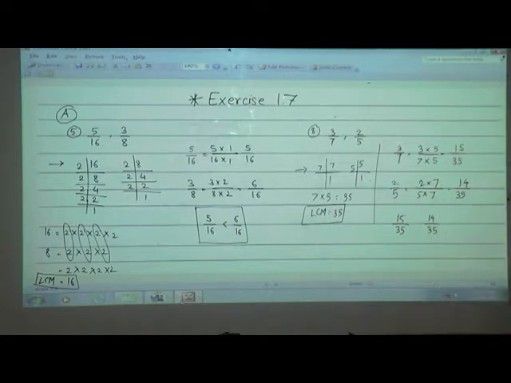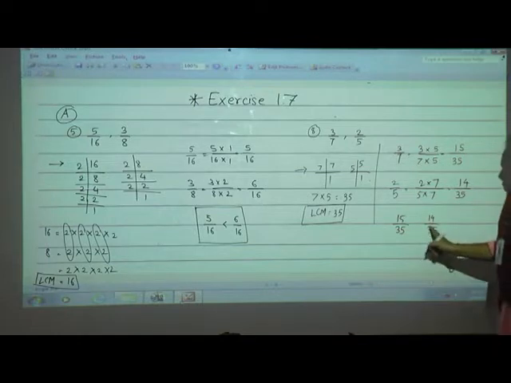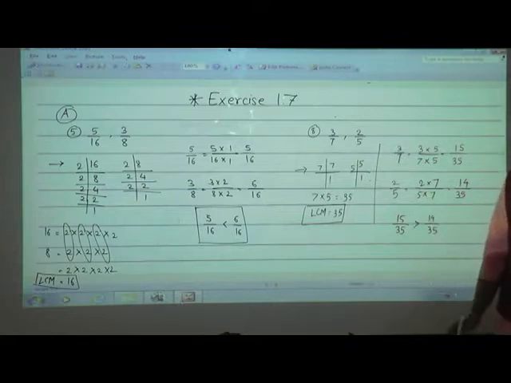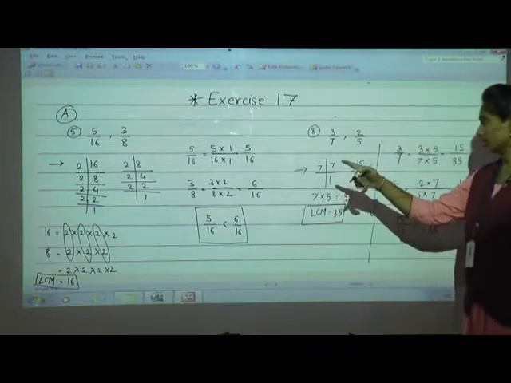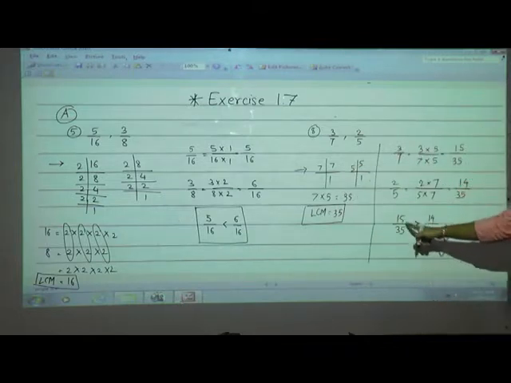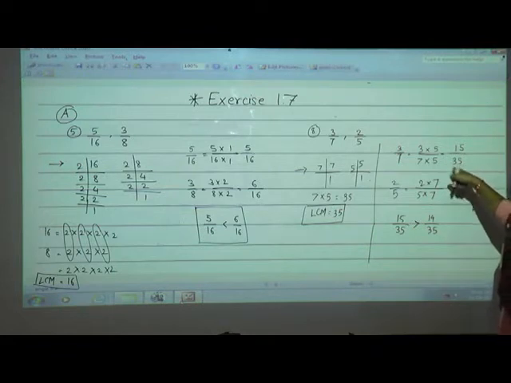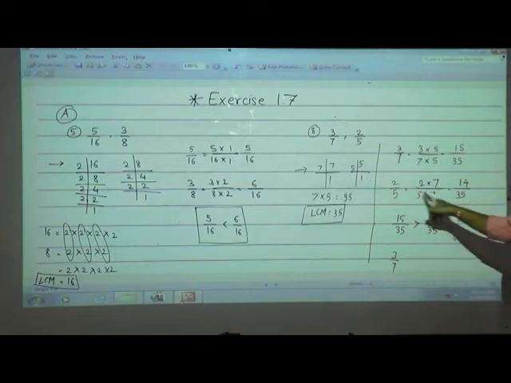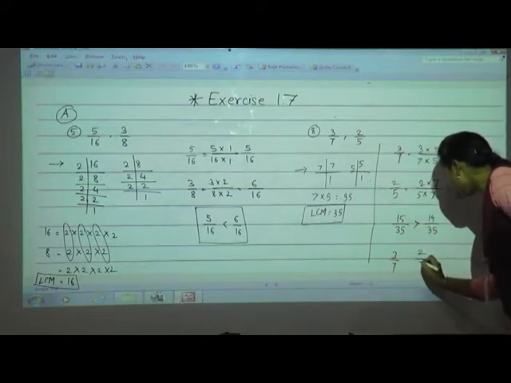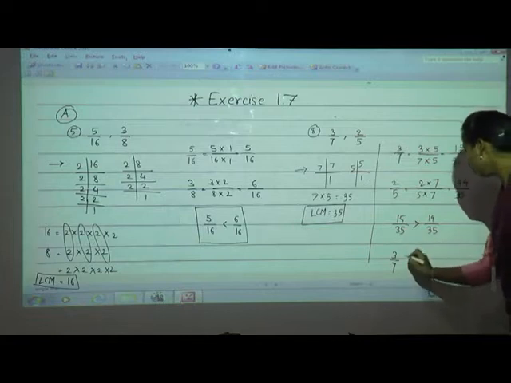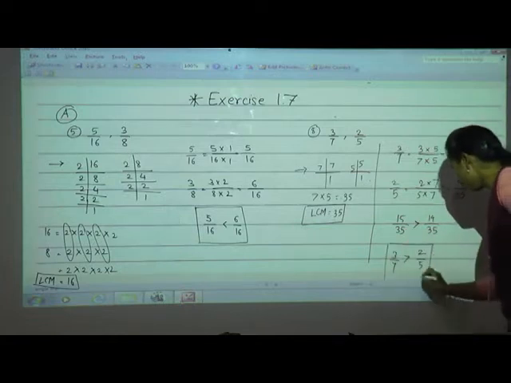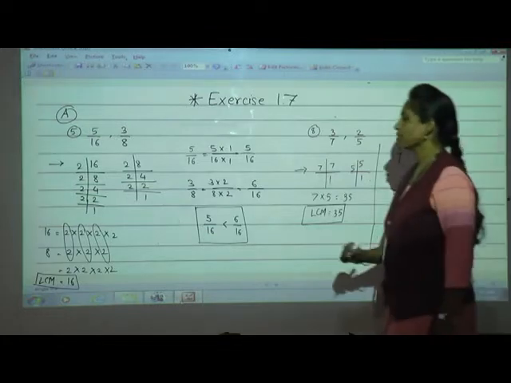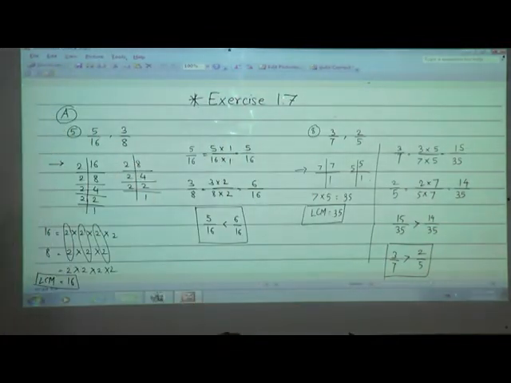Isn't it? Now see. Now which is greater, 15 or 14, students? Tell me. Of course 15. But here I forgot, in the 5th example also. Let me clear here. Then I will solve the 5th one also once again. Now 15 upon 35 means which number? 3 upon 7. Now 14 upon 35 means which fraction? 2 upon 5. Which is greater? So we have to write the actual number and we have to give the symbol. Here also I forgot. See, here I'll rub this box.